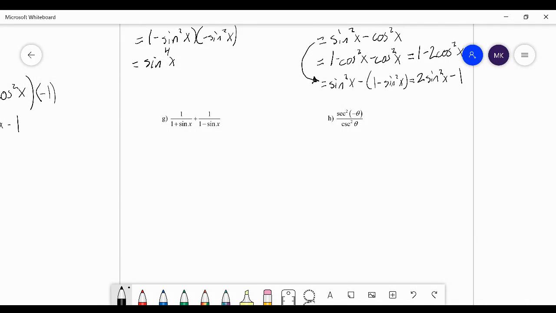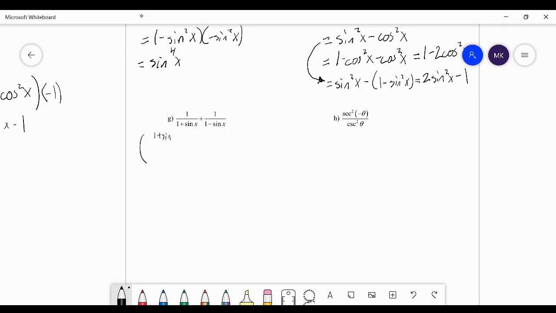All right, part G. Oh my gosh, we have fractions. Oh no. But this is easy, right? We know how to deal with fractions. We just need a common denominator, then we add them together. I have 1 plus sine x in the denominator of one. I have 1 minus sine x in the denominator of the other. There's no common factors or anything here. So we're just going to multiply the left side by the denominator of the right and the right side by the denominator of the left. So we're going to end up with